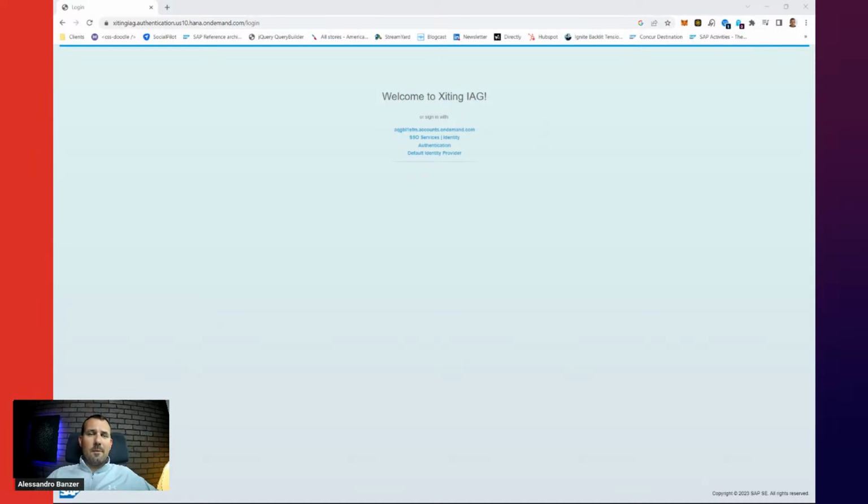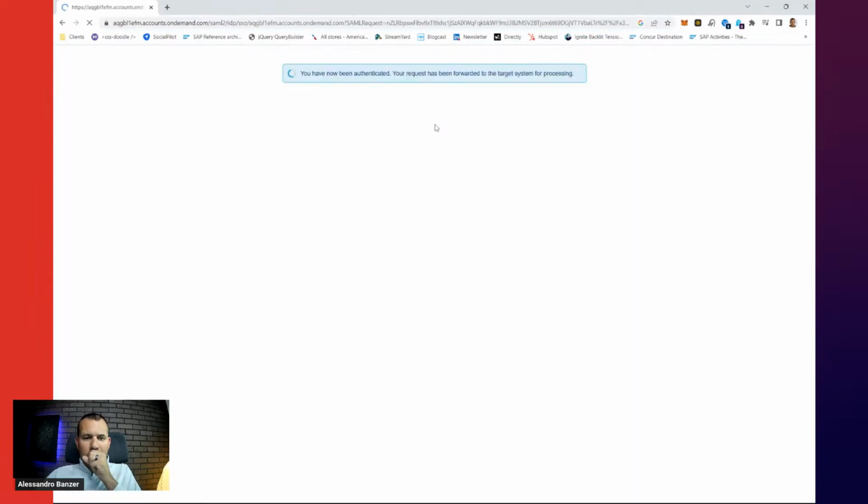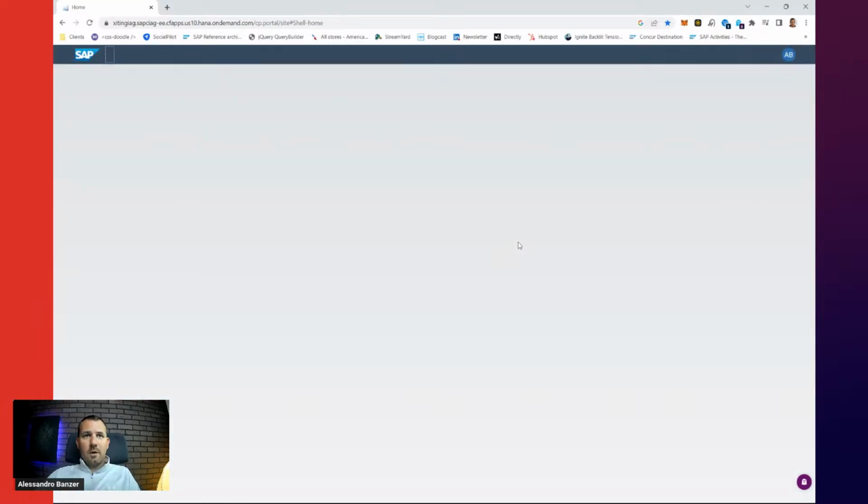So here where I am, I basically, I'm in the cloud. So here, this is where I have my test, my demo landscape, and I have different means to authenticate. Obviously I use single sign-on. I could also use like a local user, but here we just use single sign-on. You can see that here. And for sure in the demo, it never works. So let me just redo this. That was probably a timeout. Give me 1 second. Okay, so let's try it again.